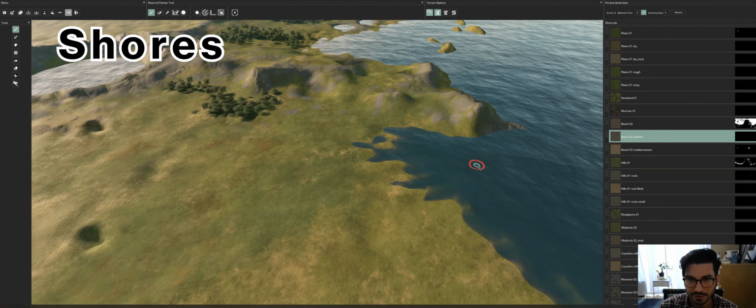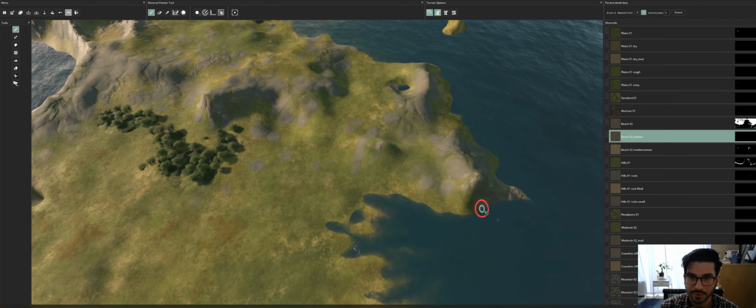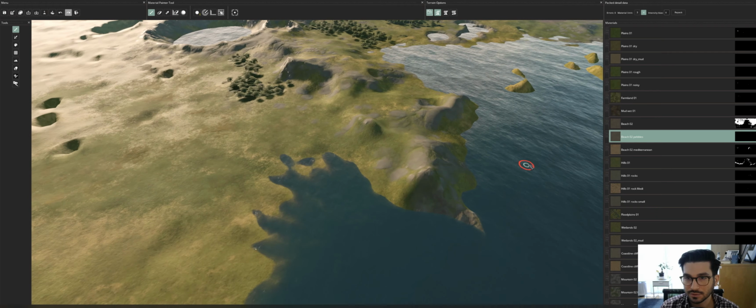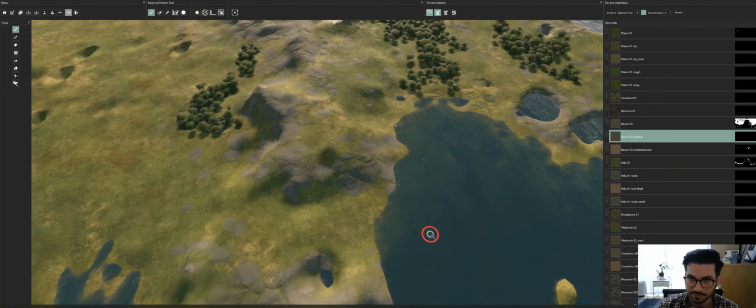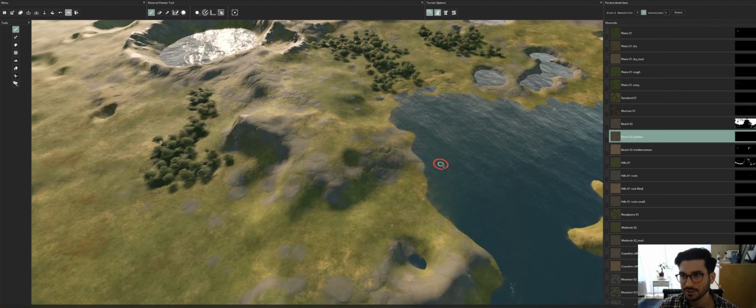Alright, last but hopefully not least are shores. You can certainly just paint your shores with the grass going all the way up to it. In some places that's probably pretty realistic. In some places your shore just being rocky is actually fine, there are plenty of shores where it is just a cliff that goes straight into the sea. If you want a sandy beach, you have